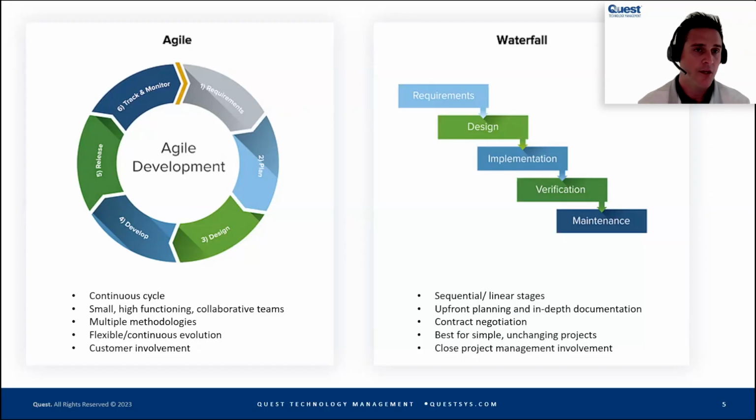So if you ever are working with a Quest person and you kind of come in and you say, hey, this is what we'd like to do, we're going to start with what we call the Agile process. Now, the waterfall process has been around a really long time. It's more of a larger, unchanging type of a project. So if you know specifically the design you're looking for and the specific action that's going to happen at the end of what you're trying to build, this is a good waterfall methodology.